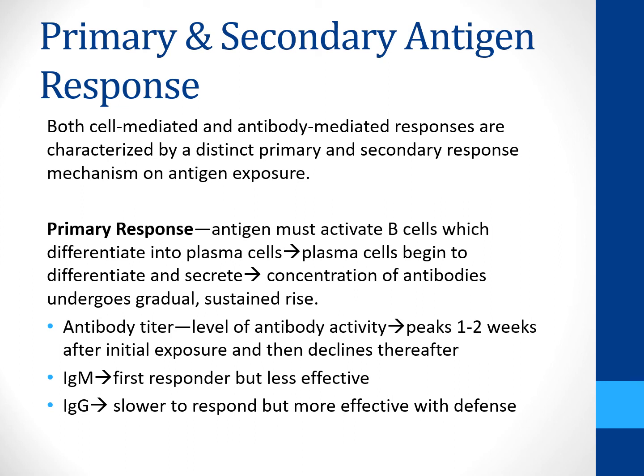Our body responds differently the first time it comes into contact with an antigen than it does the second time. So the primary response, the antigen has to activate the B cell. The B cell must differentiate into a plasma cell. The plasma cell has to differentiate and start secreting antibodies, and we're going to have a sustained but gradual rise